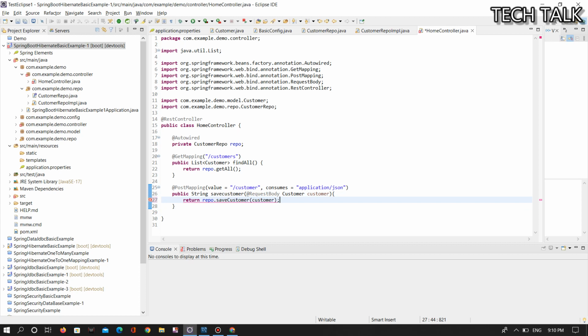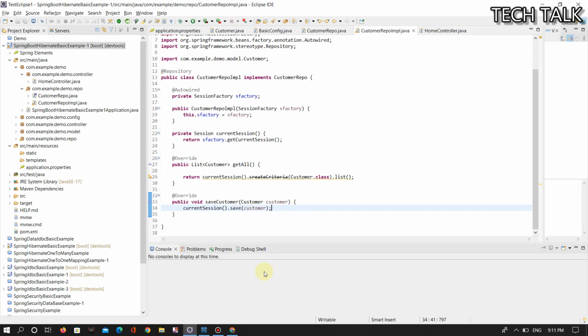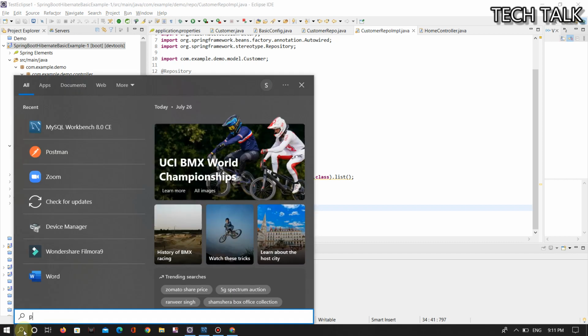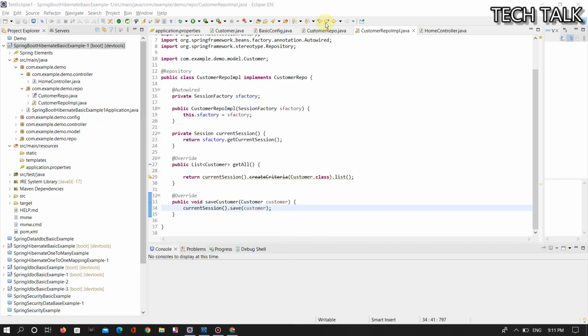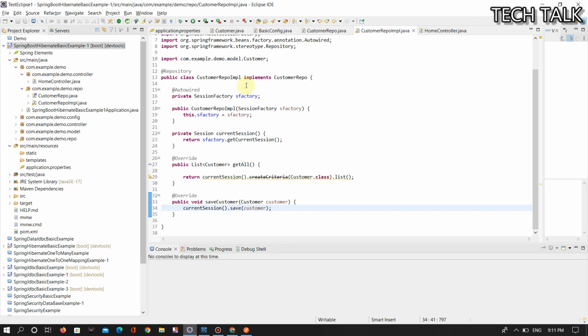Why it's giving an error means we remove the return here, and in the return, give "customer object saved successfully." Let's see. It's showing the message I wrote, customer object is saved successfully,